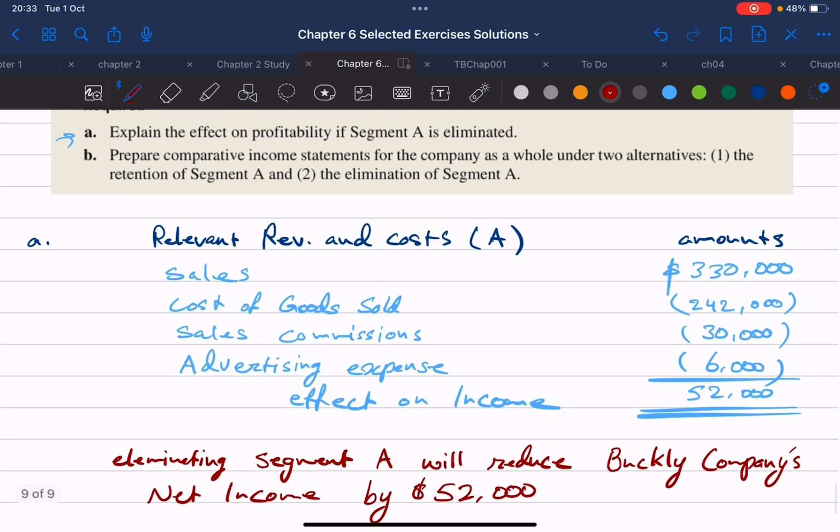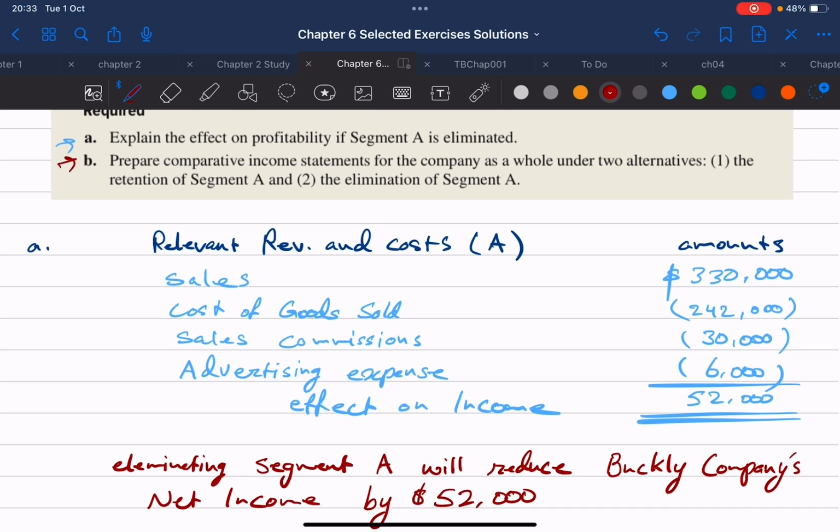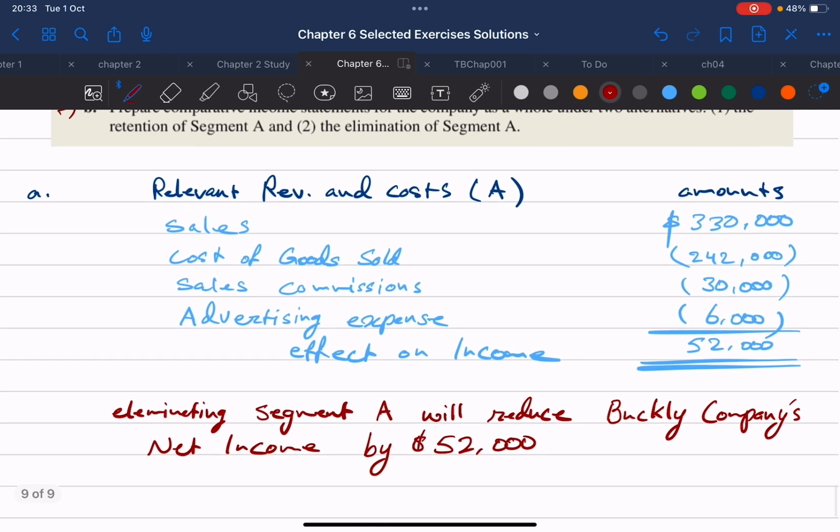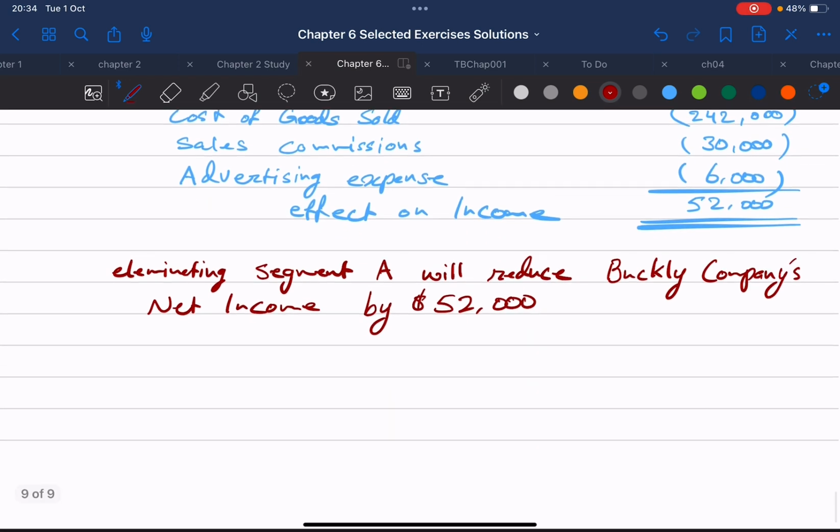All right. Now let's go back to the other requirements. B, it says prepare comparative income statements for the company as a whole under two alternatives. One, the retention of segment A, and two, the elimination of segment A. Remember, managerial accounting reports don't really have to comply with generally accepted accounting principles, right? They don't have to conform to GAAP because they are internal reports. So as long as you have accurate calculations and you can get your point across in a clear fashion to your management, you've done your job, right? So what we're going to do here,